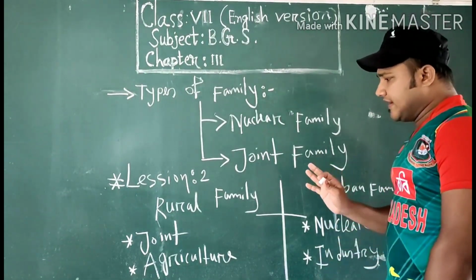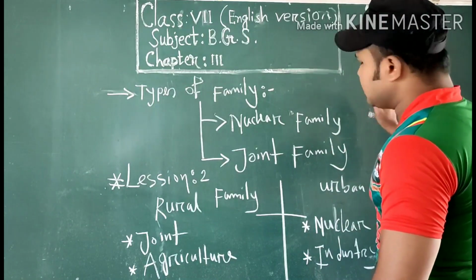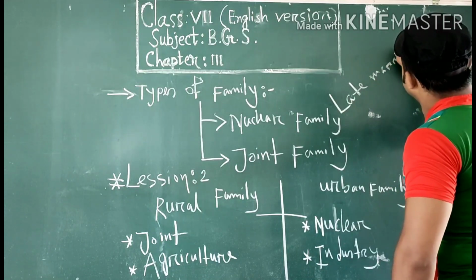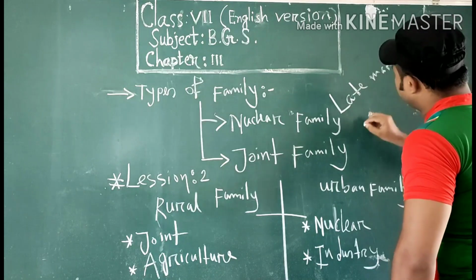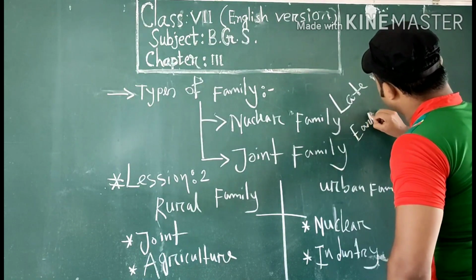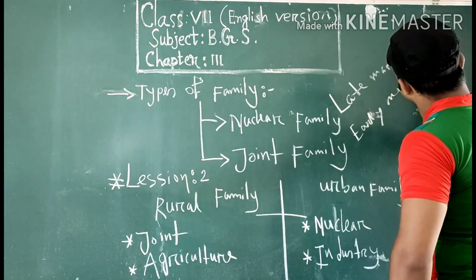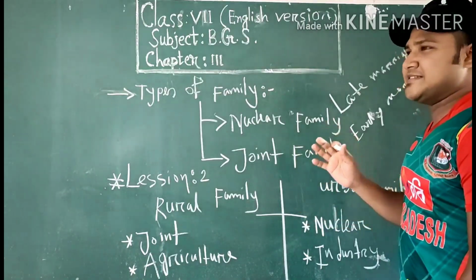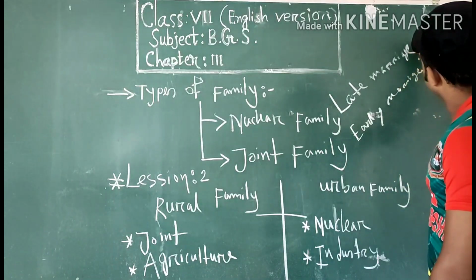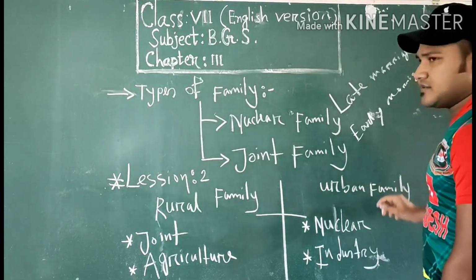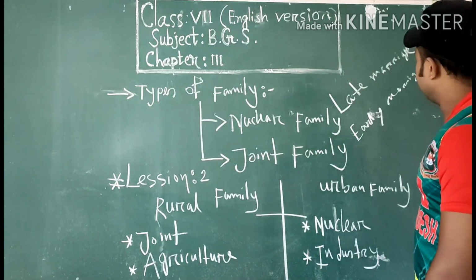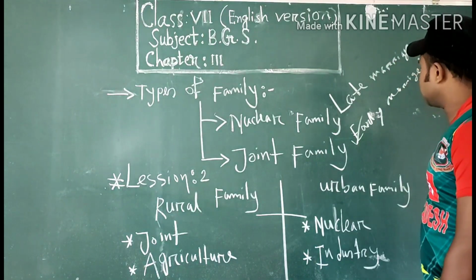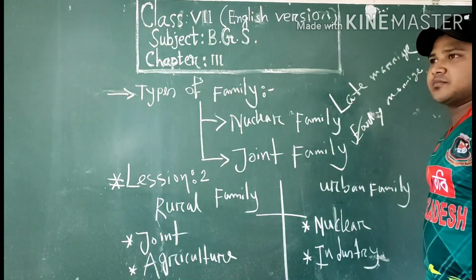And apart from this, late marriage and early marriage: most of the guardians of rural areas are very much interested in and concerned about the marriage of their children. So they are interested in early marriage. But on the other hand, maximum guardians